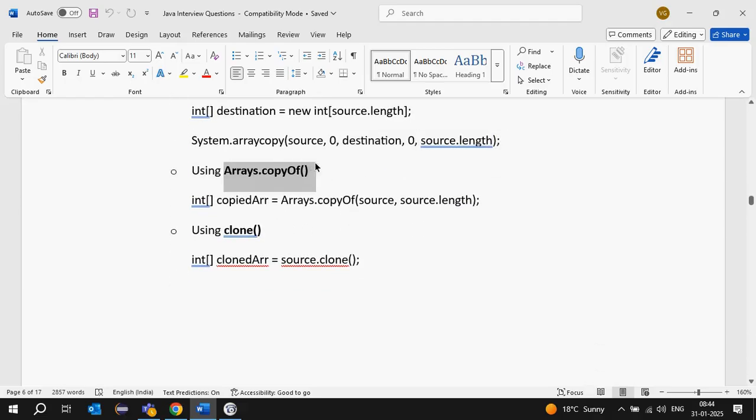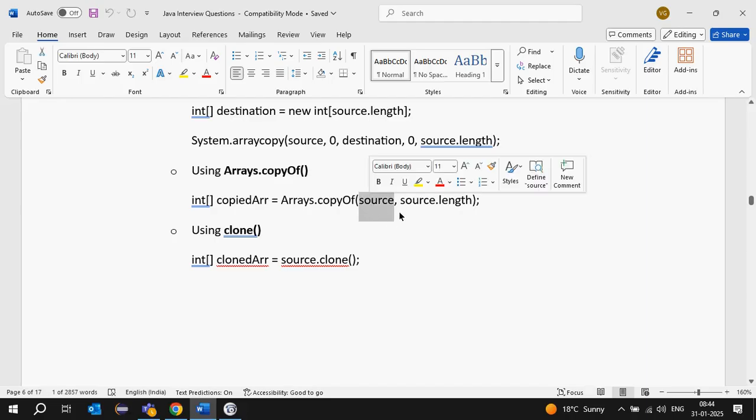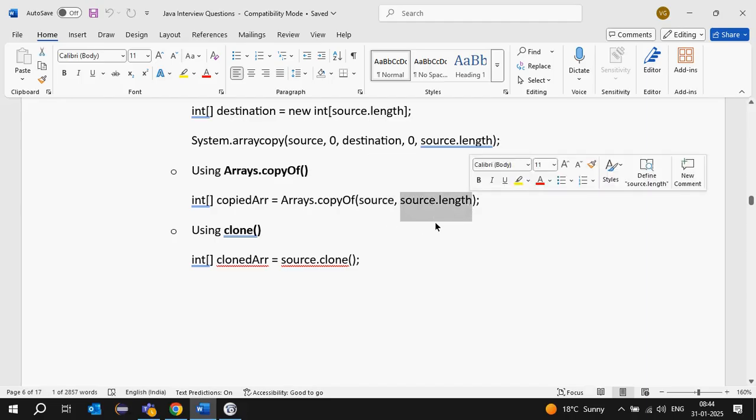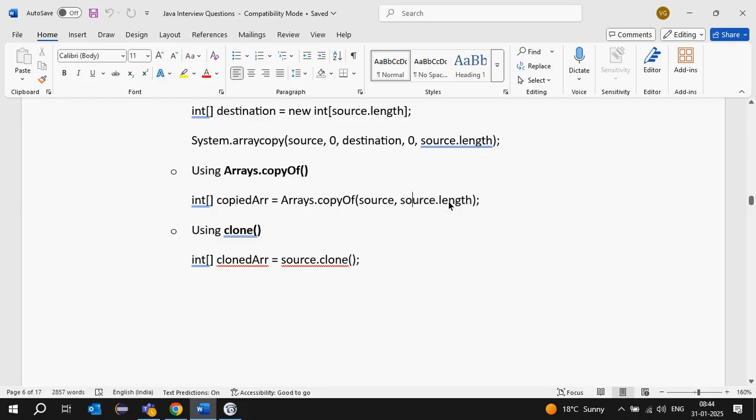One more approach is Arrays.copyOf, which is the simple way. Arrays is a class, copyOf is a static method of Arrays. Here we can directly use the source and the length, up to the last element, and it will copy into a new array. If you want only two elements, we can give two like this.